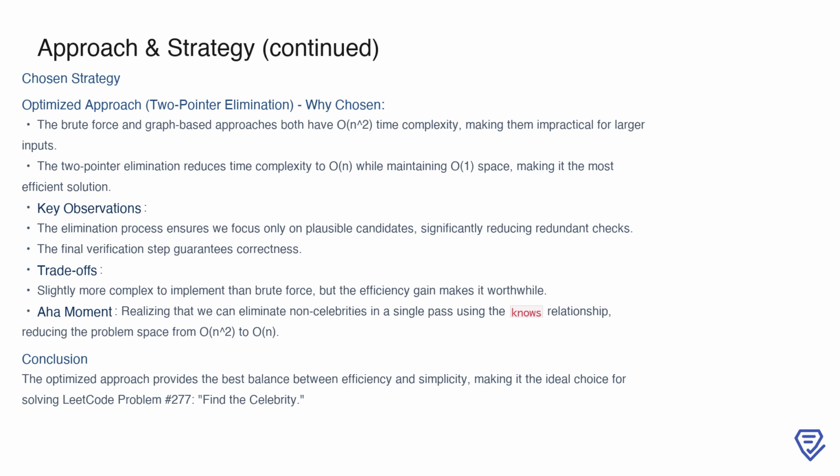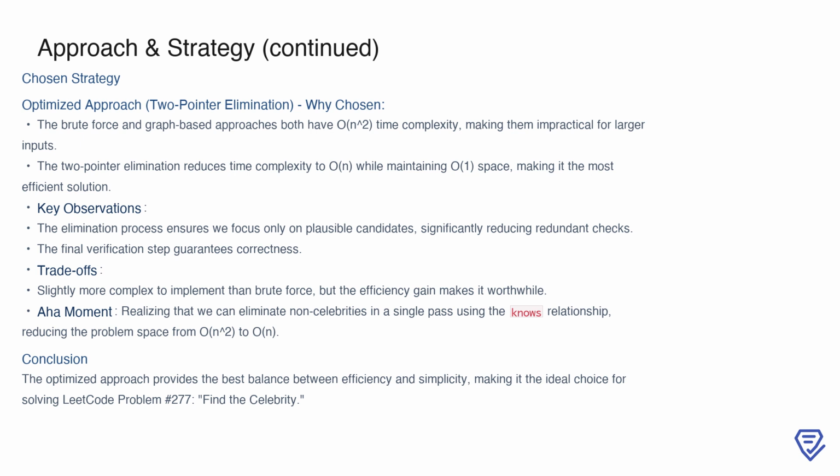The final verification step ensures the solution is correct, with minimal additional work. While the two-pointer method is slightly more complex to implement than brute force, the efficiency gain far outweighs this drawback. The key realization here is that focusing only on plausible candidates drastically reduces redundant checks. This insight not only simplifies the problem but also provides a clear path to an optimal solution. Overall, the optimized approach offers the perfect balance between efficiency and simplicity, making it the ideal strategy for solving the